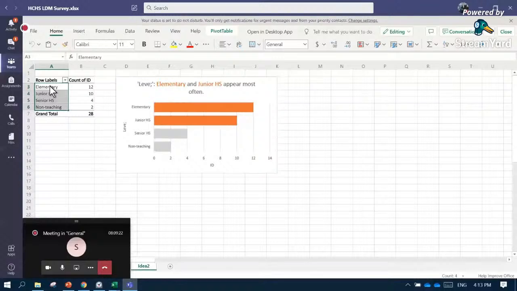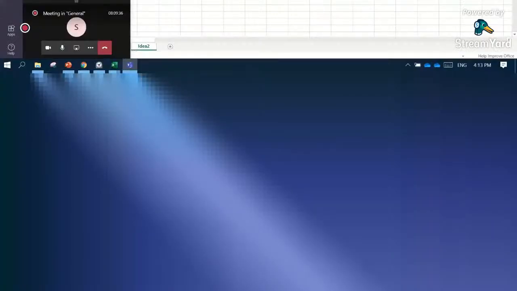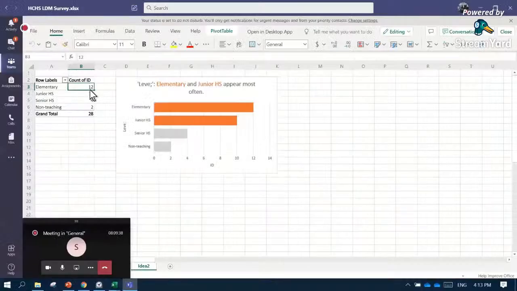These are actually the responses with their corresponding level. In the elementary level, I received 12 responses. In junior high school, there are 10. Senior high school, 4. And in non-teaching, 2. All in all, I have 28 responses from the survey I conducted a while ago.